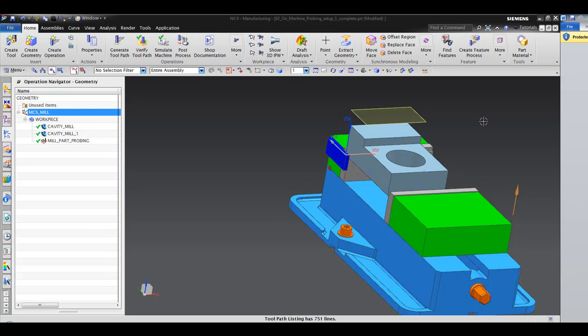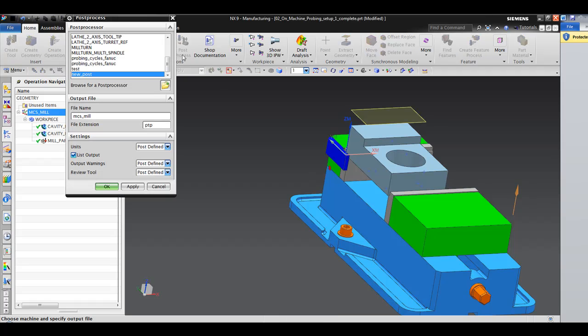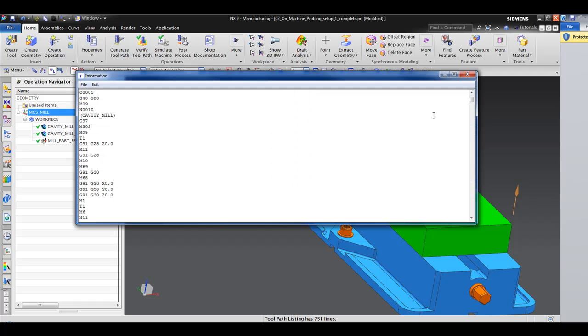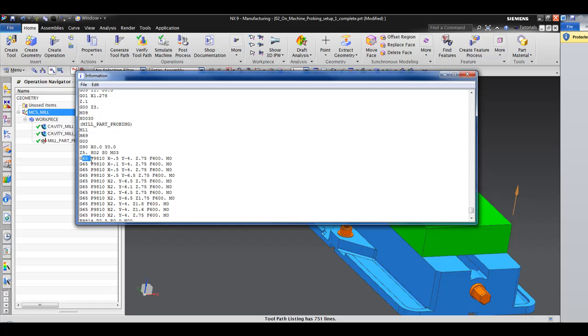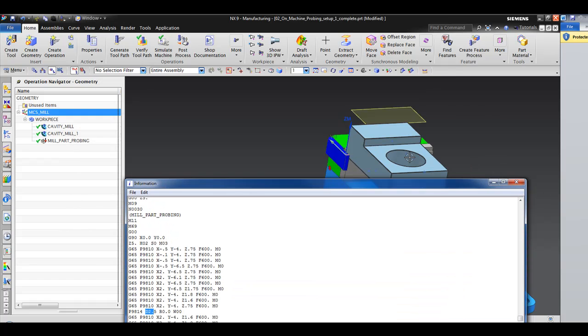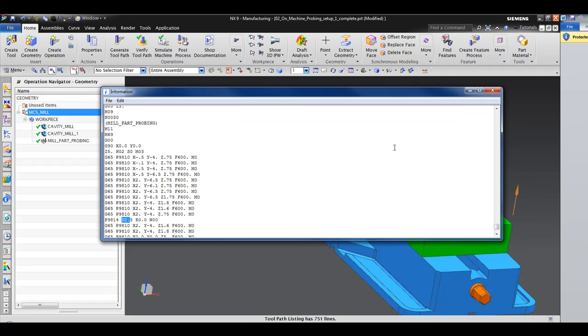Okay, so now that we've modified our post, we can see the post output using the probing cycles. So I'm going to post process. I've got this post, I think I called it new post. I'll say okay. I've got my milling stuff there up top, and if I scroll down, it looks like I have these macro commands, the G65, P9810 and 9814. This 9814 is for probing the bore. I've got a diameter of 2.5 inches. That's what I modeled this bore as. So it looks like,